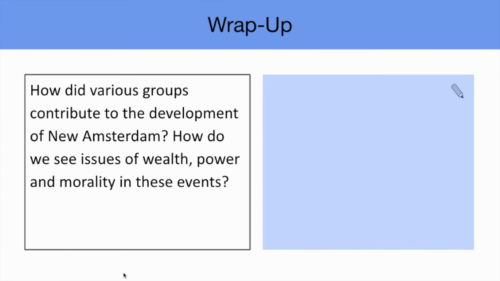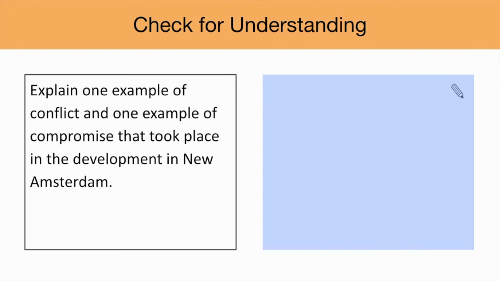After students have had a chance to watch and discuss the videos, they'll respond to the following question. How do various groups contribute to the development of New Amsterdam? And also, how do we see issues of wealth, power, and morality in these events? Students can also explain one example of conflict and one example of compromise that took place in the development of